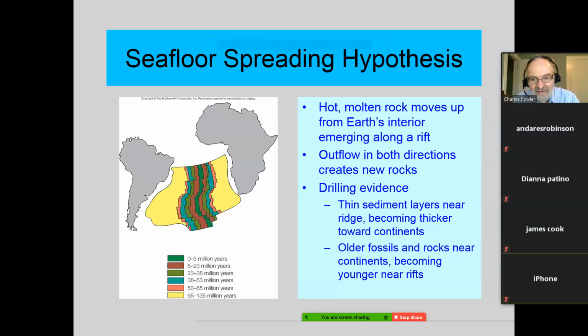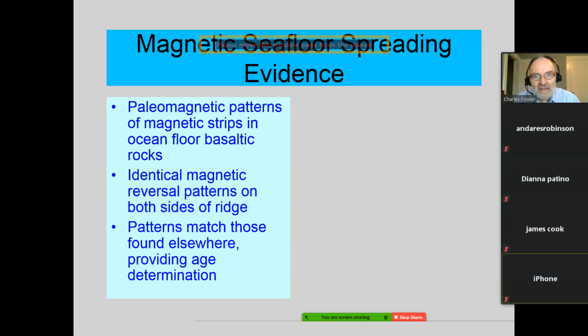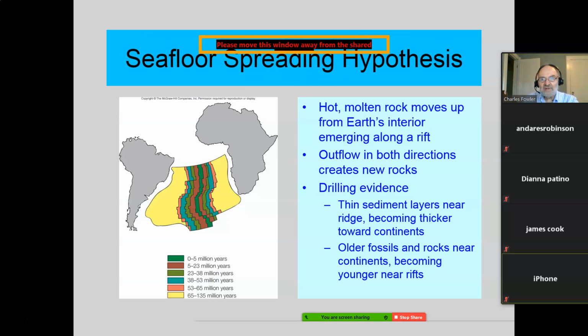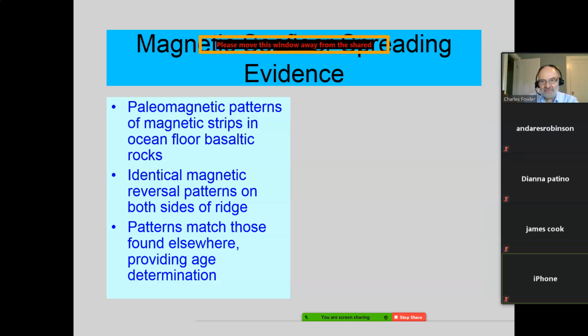Now the next slide, if my memory's right, magnetic seafloor spreading evidence. The first was just the seafloor spreading hypothesis. This is magnetic seafloor spreading evidence that supports those hypotheses. Remember we said the layers form, sometimes they're pointing this way, sometimes the other way. 22 reversals over the last 4.5 million years.